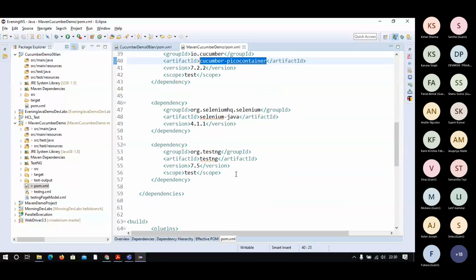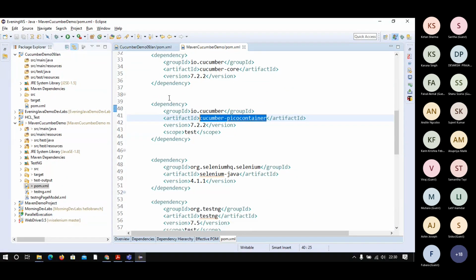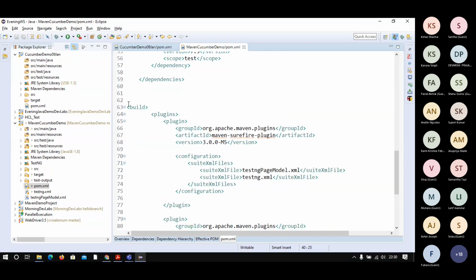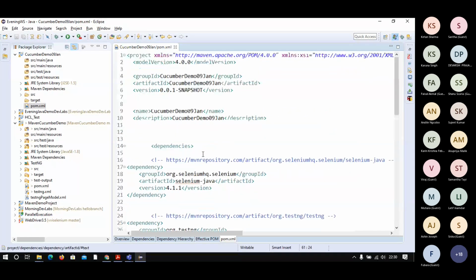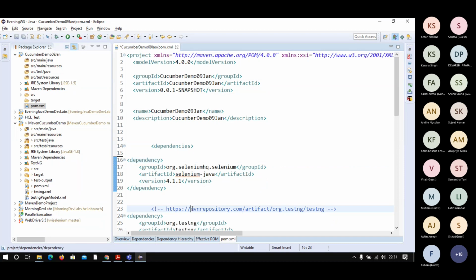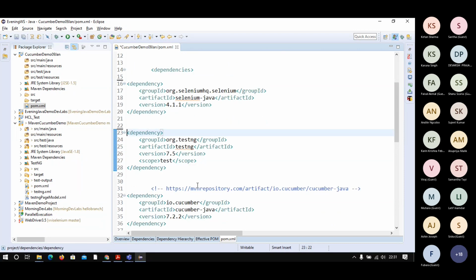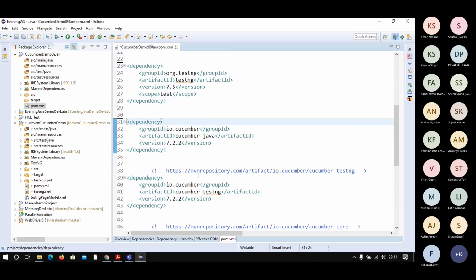Then, yeah, setup is done. And one more setup is there, but that is not mandatory as of now. I'll show it later because that is a later part. You see here, I have added all the dependencies. So this is a comment. You can remove these comments. The comment section I am removing.